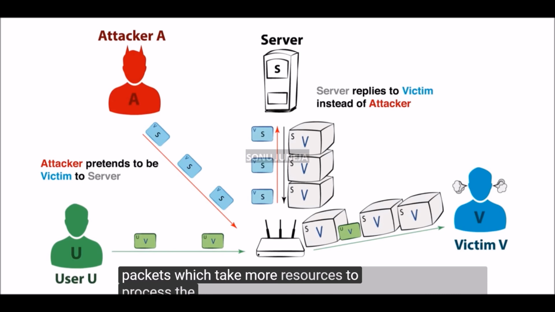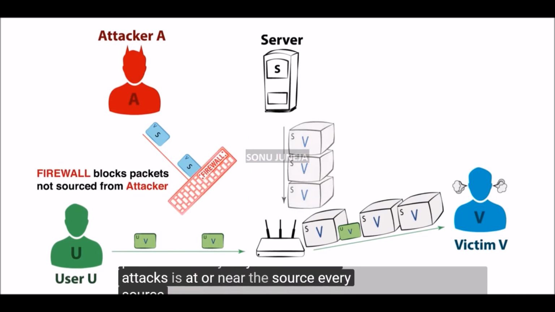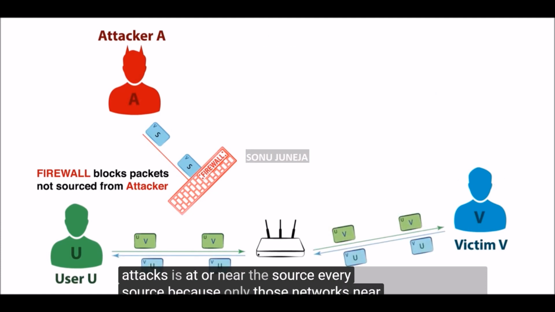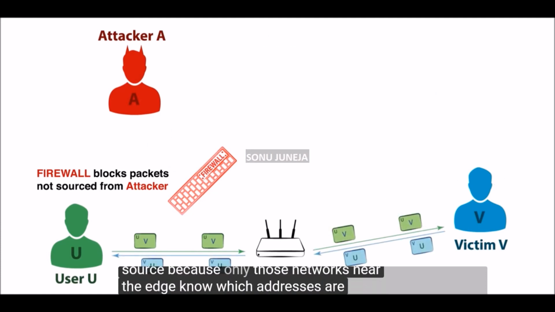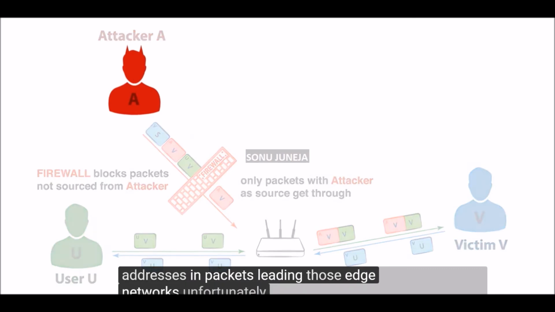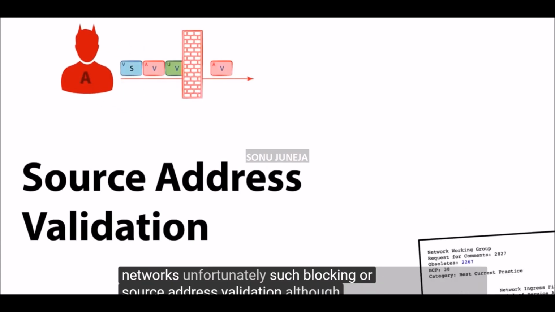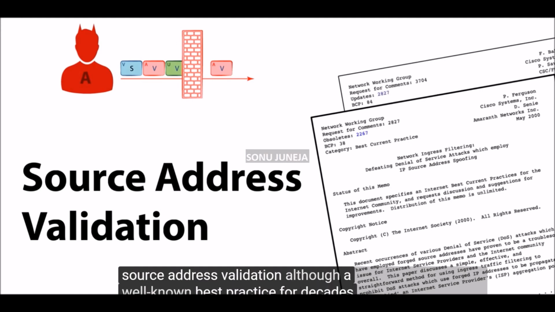The only way to block such attacks is at or near the source, because only those networks near the edge know which addresses are legitimate source addresses in the packets leaving those edge networks. Unfortunately, such blocking, or source address validation, although well-known best practice for decades,